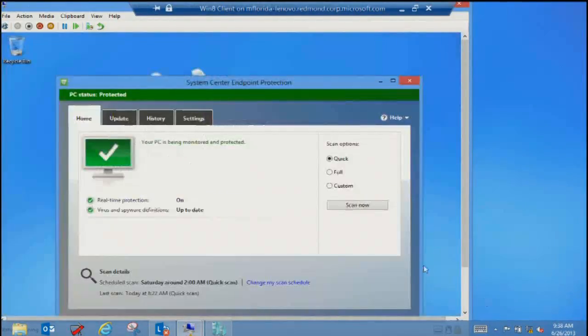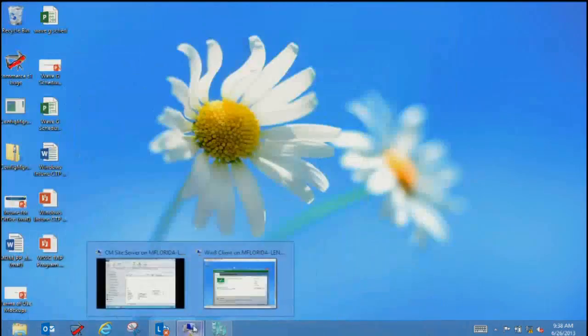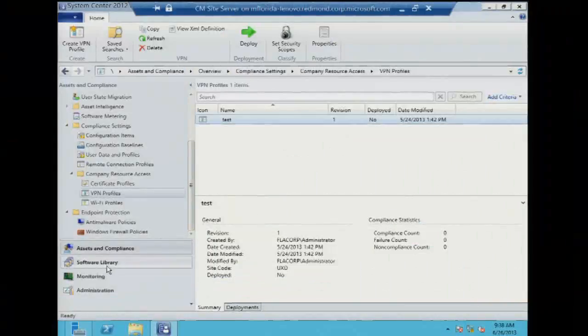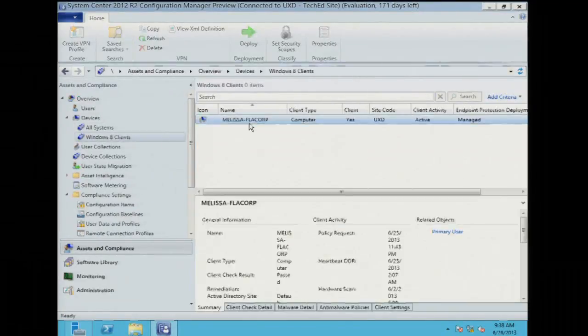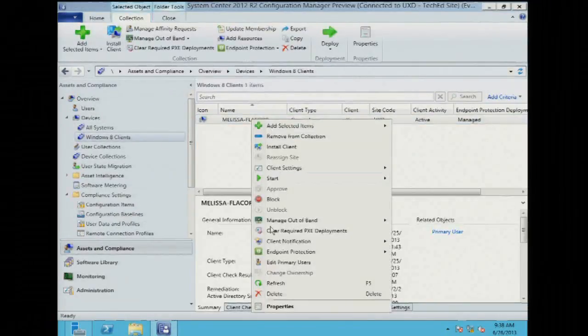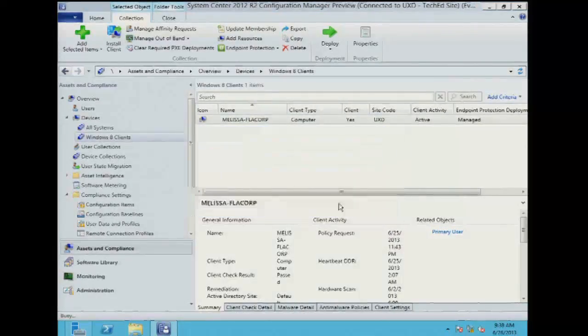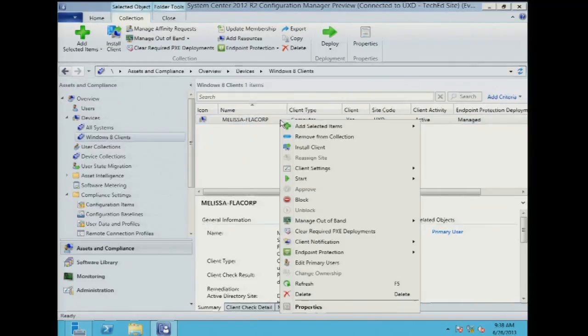So what you can see here on the client is the last time the scan ran was right before this session started. So at the conclusion, we'll hopefully kick off a scan on this client. What I'm going to do is scroll up, find the device, right-click here, go down to endpoint protection, and then kick off a full scan. It had a warning to warn me that a scan might be intrusive to the end user, causes a CPU spike. So as that's kicked off to the machine, the other thing I want to show